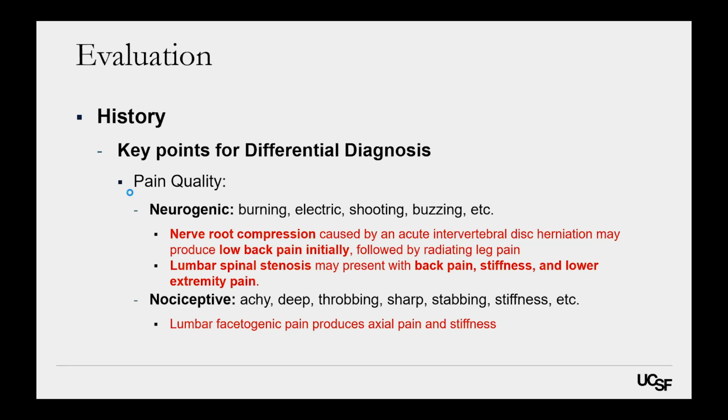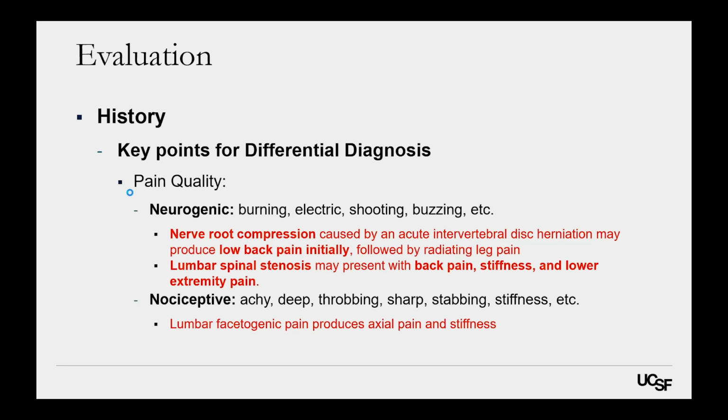Of note, if it's related to nerve root compression caused by an acute disc herniation, the pain might change over time, initially presenting with low back pain, followed by pain going down the leg. And then if it's more of a degenerative condition where the canal, the tunnel where the spinal cord travels from head to toe becomes restricted, that might also present with not only back pain, but stiffness and a lower extremity